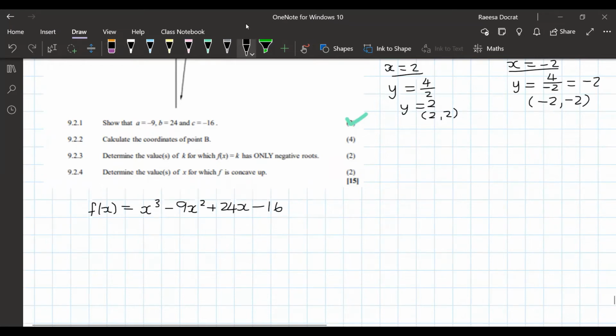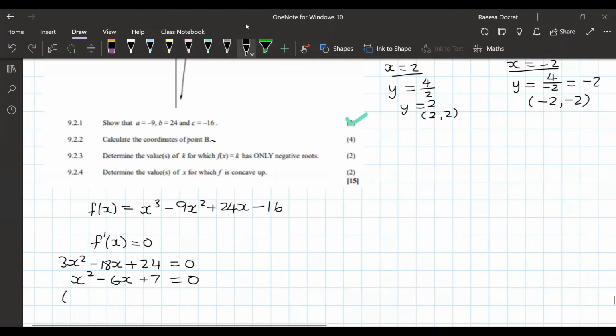And how do we get the coordinates of B? Well, the coordinates of B is a turning point. So for a turning point, we take the derivative and we equate it to 0. So the derivative is 3x squared minus 18x plus 24 is equal to 0. I'm going to divide everything by 3, so you get x squared minus 6x plus